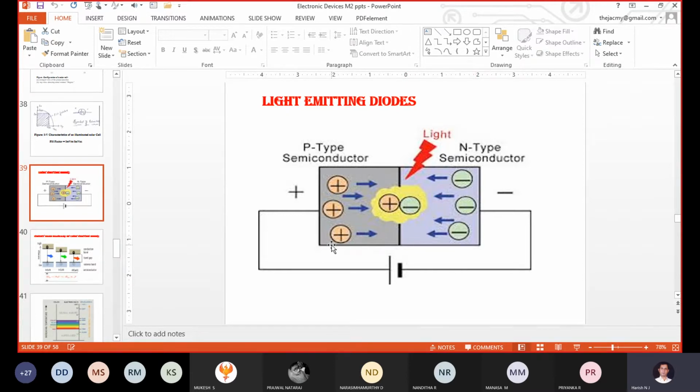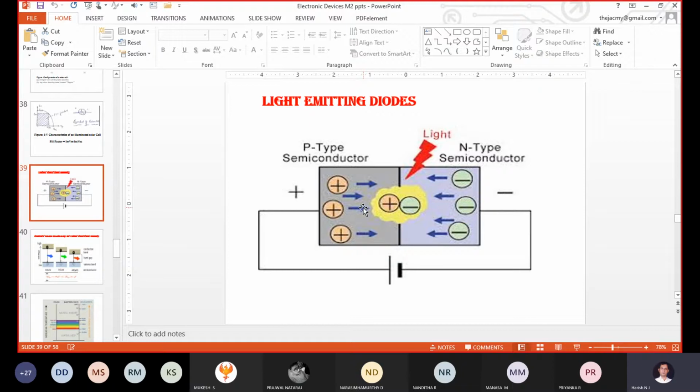Due to the repulsive force, all the positively charged carriers start diffusing from p-type to n-type, and all the electrons start diffusing from n-type to p-type. When ion movement is present across the depletion region, that condition is called the forward bias condition of a PN junction diode. From this definition, we know that the LED works under the forward bias condition.